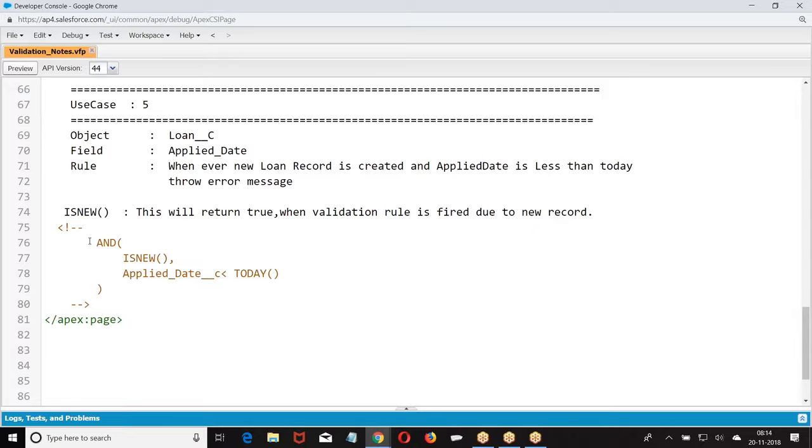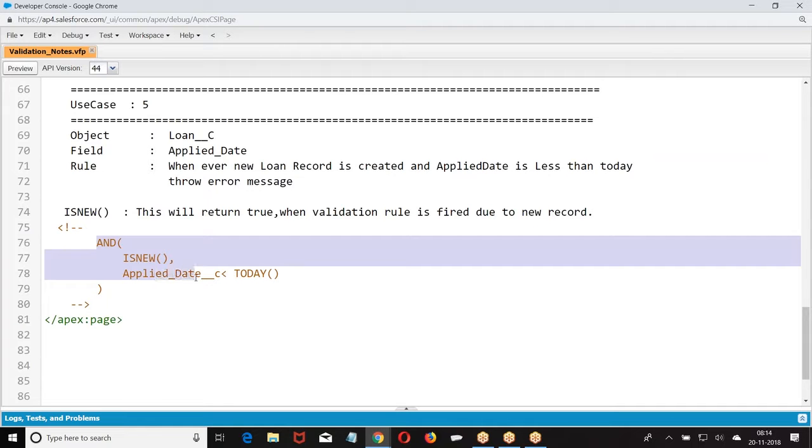What were the validations? Basically, you specify a rule, and records which meet the rule will throw an error message. Otherwise, the record will be saved. We'll wind up for the day. We'll continue tomorrow; the expression format we'll check out. That's all from my end for now. We'll continue in the next session.